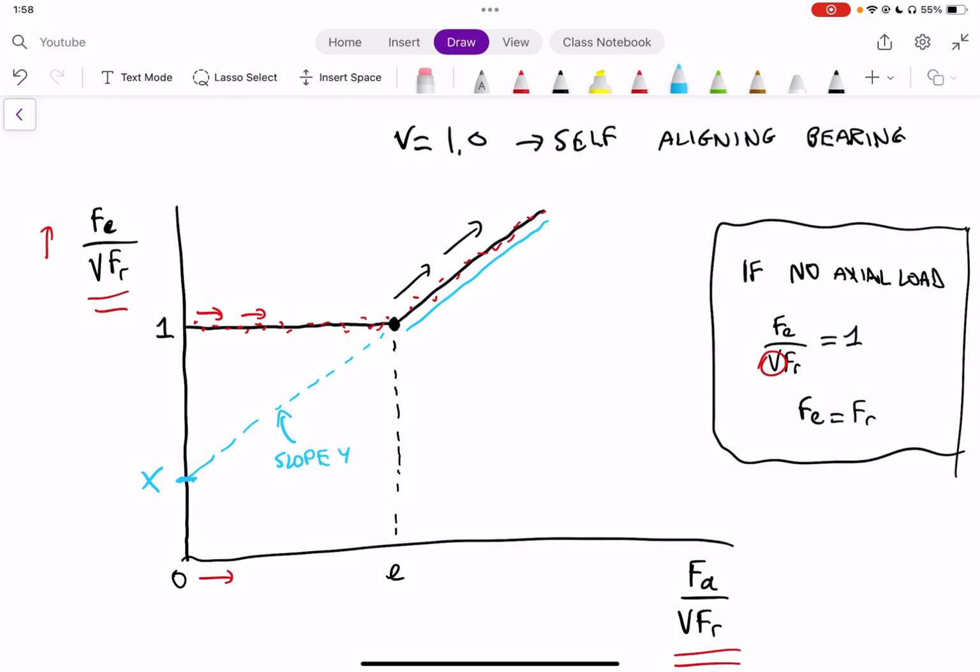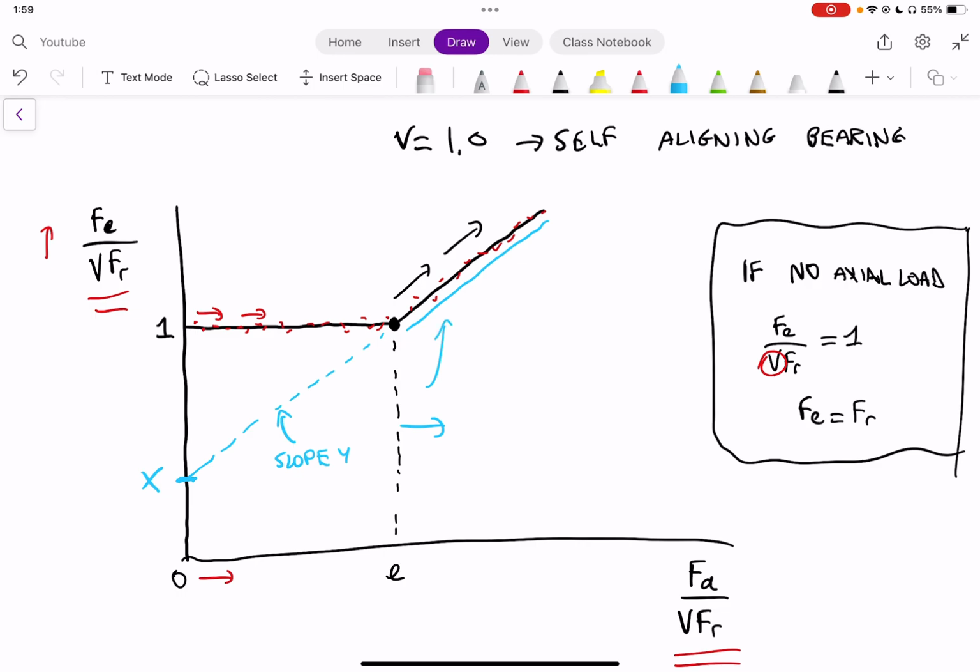I don't know why, but that's what they use. For the intercept, they use x, and for the slope, they use y. So that would give us a value for if FA over VFR is greater than E. So once we get to any region from here, we would use an equation that solves for the straight line